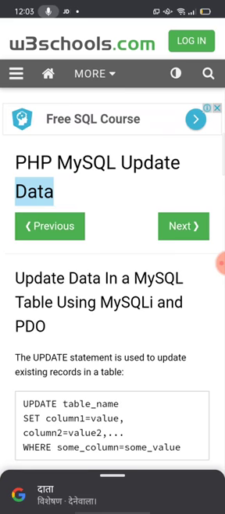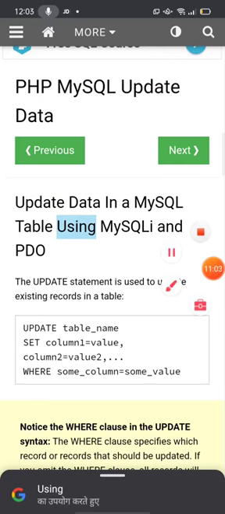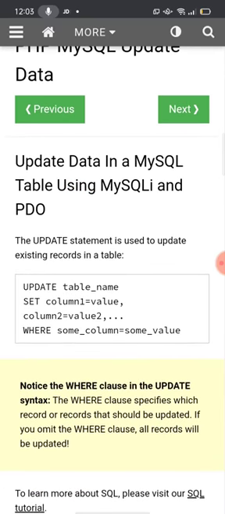Is it clear, everyone? What to do? Updation of your data in a MySQL table. What are you going to do? Updation of data in your MySQL table using your PHP tag. What will we do? The UPDATE statement is used. You update an existing record in a table. Your UPDATE statement is going to update your record in an existing table using the UPDATE table statement.